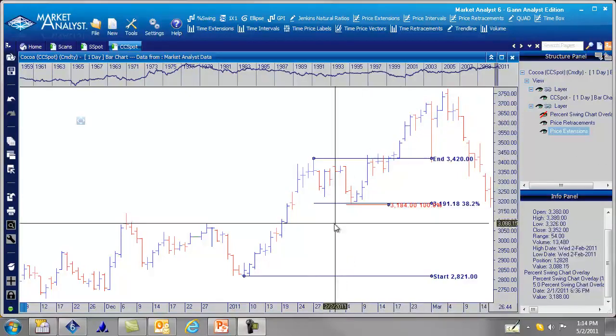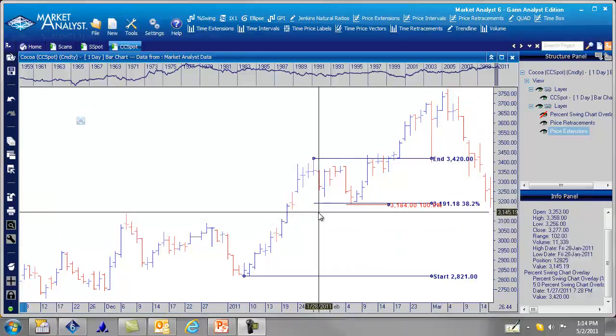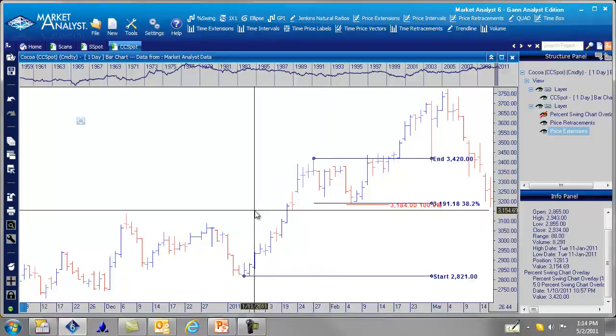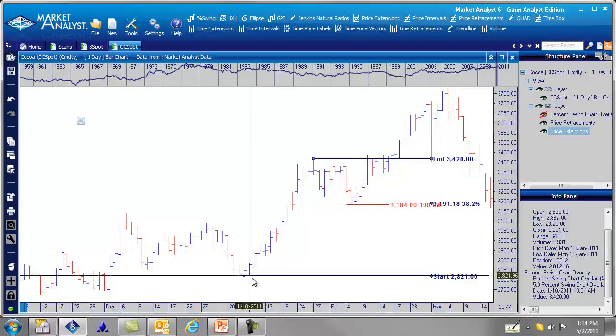So let's look at a way to enter this trade with a minimal amount of risk. In this example, we can use a 1-bar reversal strategy to enter right here without putting the stop way down here. To do that, we go over here to Tools,